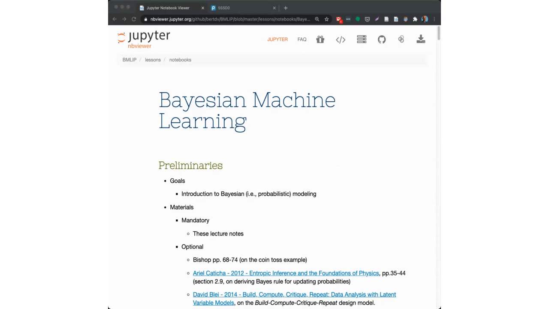This is the Bayesian machine learning class, and today's lesson is about Bayesian machine learning. So what I'd like to do is first some announcements, then we go into basically the Q&A for this class. And then in the end, Wouter wants to say a few words on how to prepare for the next class, which is going to be a programming class.